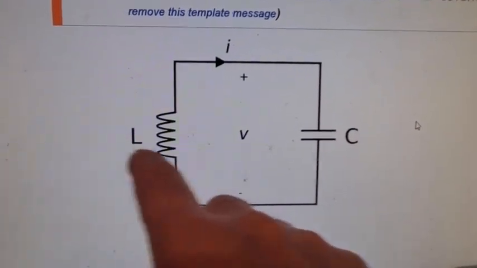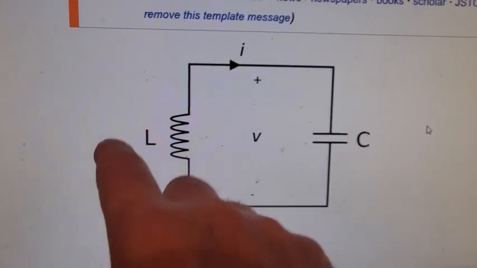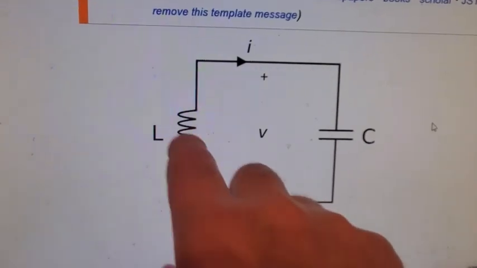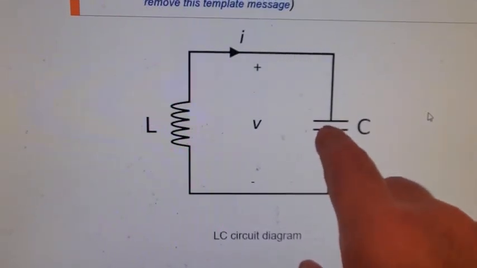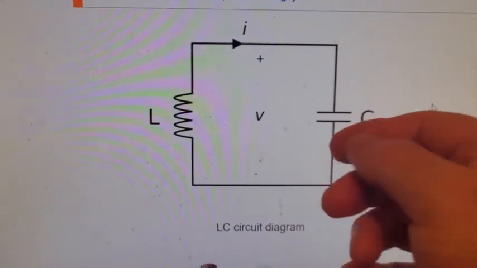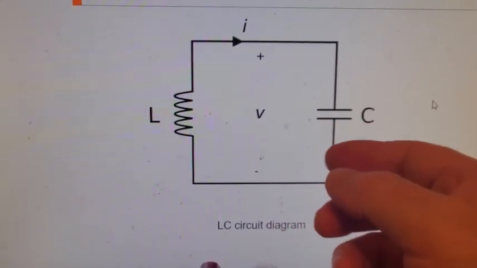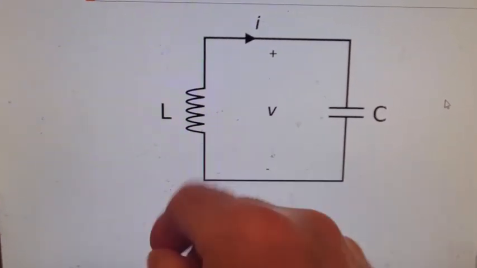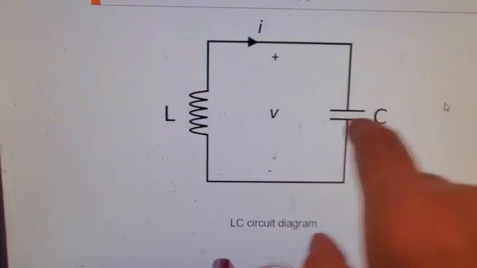If you want to do it in hertz, it's 1 over 2 pi times the square root of your inductance times your capacitance. Or alternatively, if you wanted to know how many milliseconds or whatever for this to complete one oscillation, it would just be 2 pi times the square root of